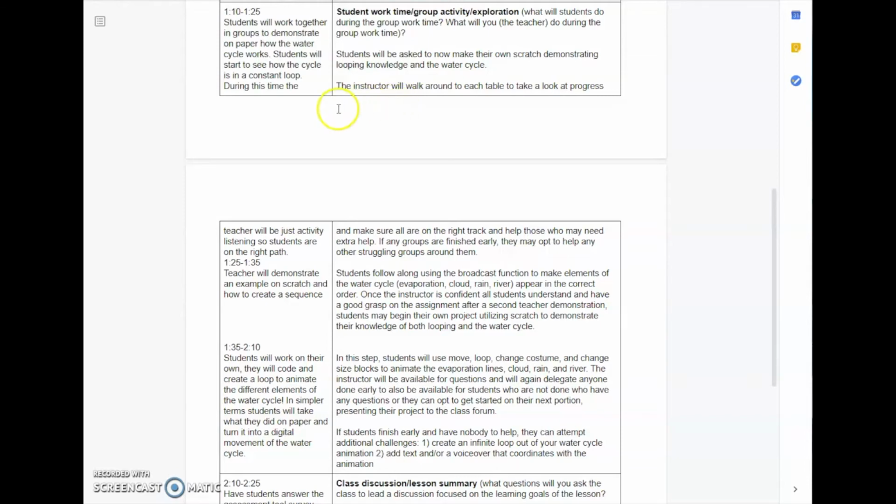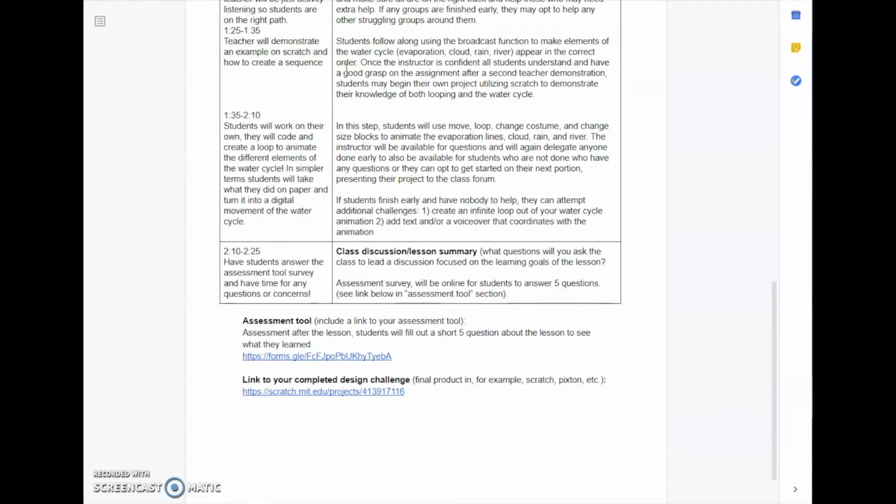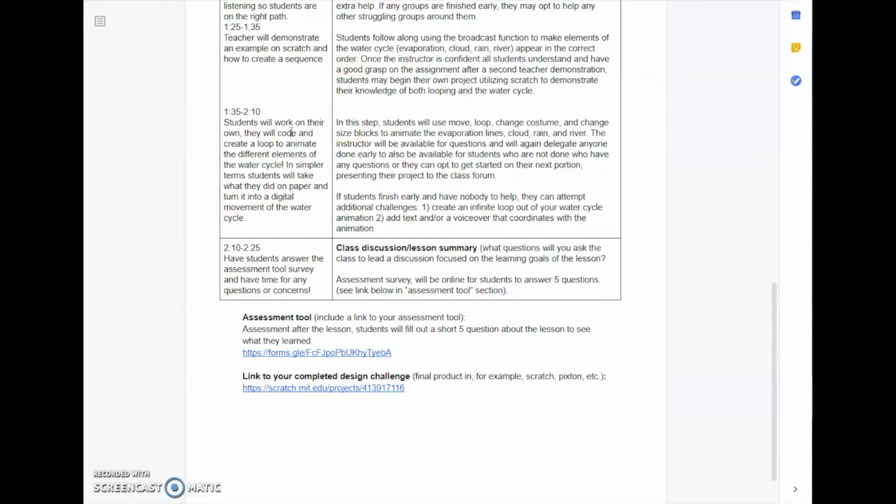natural processes. After that, the teacher will begin by demonstrating how to implement some of the foundational aspects of this project in Scratch. Students will follow along on their own versions of this project and will establish the initial sequencing and a few of the animations with loops, just to get an understanding of the core principles behind this lesson. And then for the remainder of the time, students will be allowed to practice and develop their skills with both sequences and loops. And will also have the opportunity to complete additional challenges and to personalize their projects and really